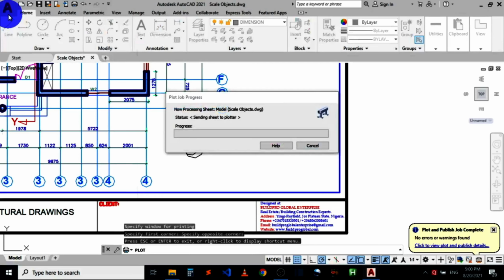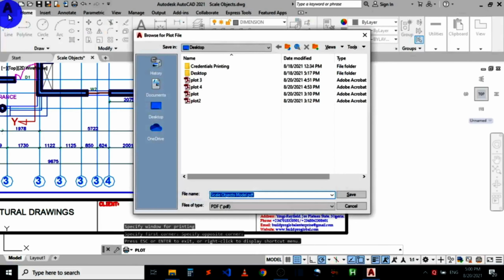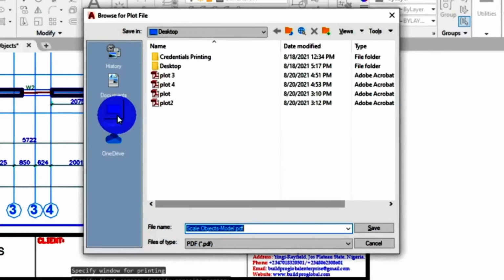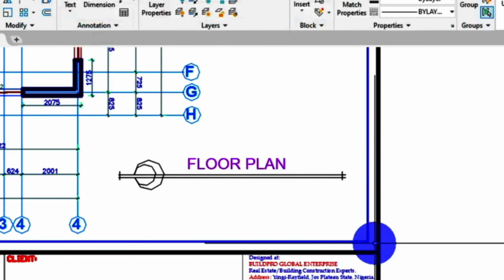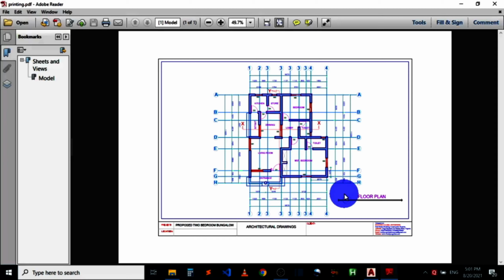But since the printer is not connected, the computer opens a directory for me, a place where I will save the drawing. So AutoCAD is printing out the drawing. Remember, we selected PDF since there was no printer connected. So I'm going to come over to this dialog box right now and choose a location. I will give the file a name and I will now save it. It will now print or export to PDF to that particular location. So you can see this is the printed or exported PDF file. So that's how to print in AutoCAD.